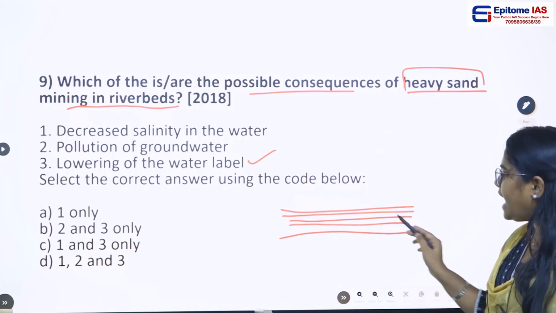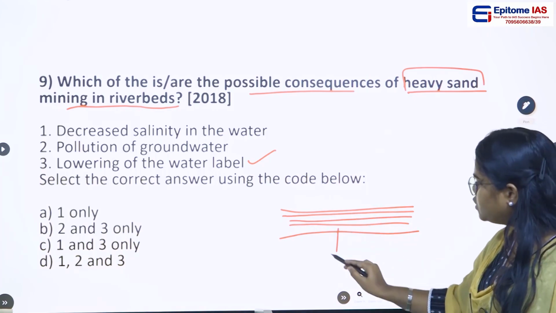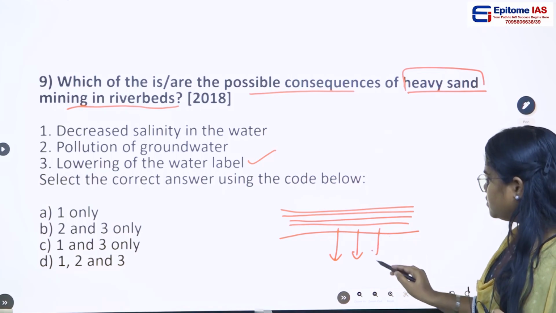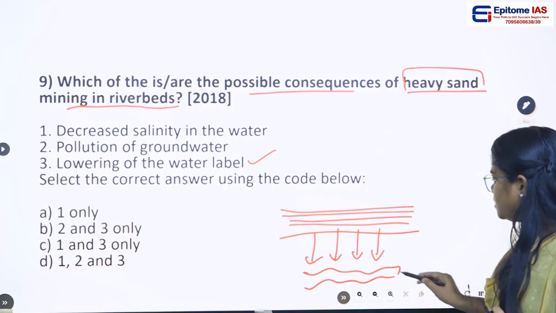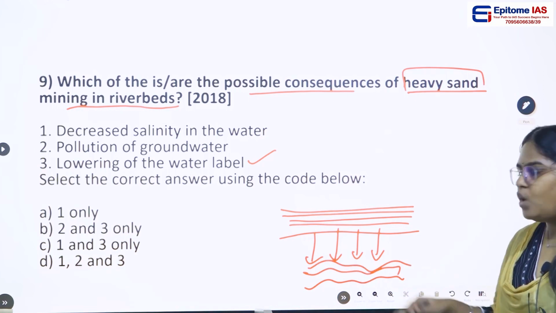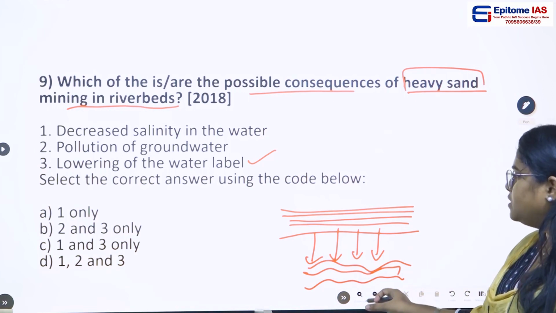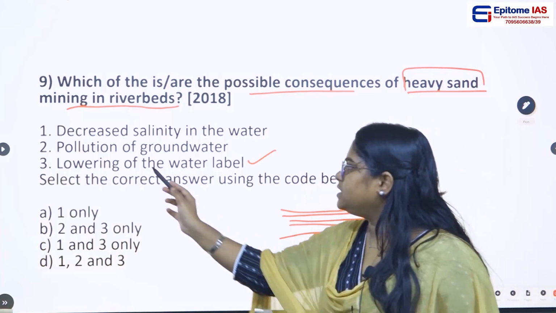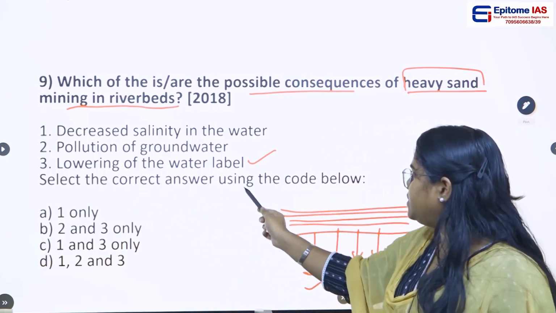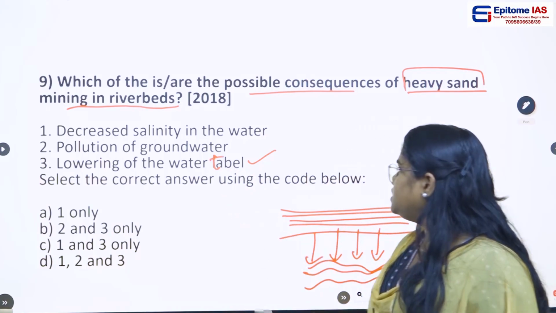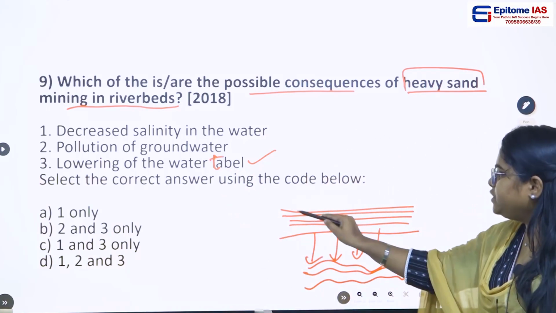So these sand aquifers help in the absorption of the water. What will happen? The groundwater table will be maintained. So here what they are saying is that it actually leads to lowering of the water table. Yes. Why? Because when you are removing this